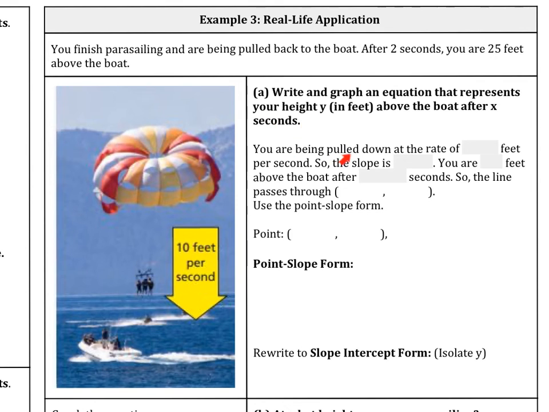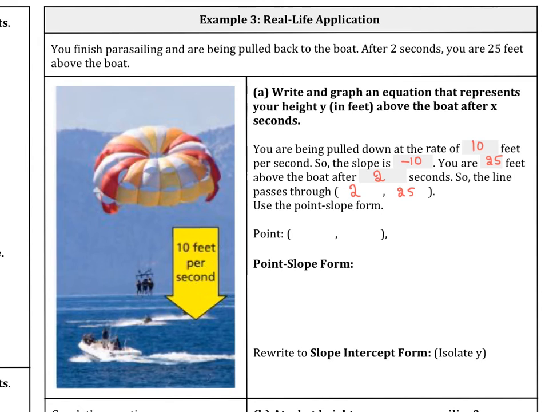You are pulled down at the rate of 10 feet per second, so the slope is going to be negative 10. You are 25 feet above the boat after 2 seconds, so the line passes through the point 2 comma